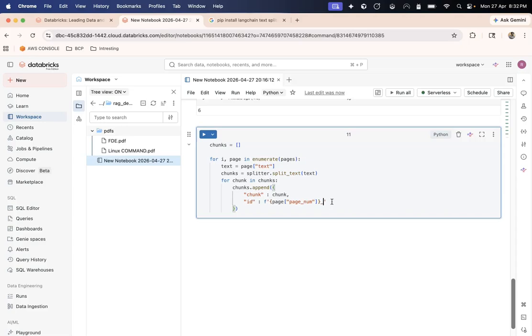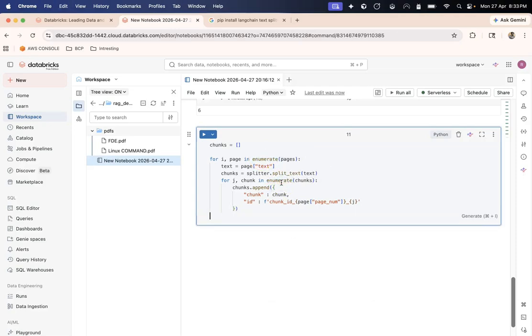I will do an underscore, and then for j, chunk, I will enumerate this as well, and wrap it inside curly braces, and also add chunk ID underscore. Let me correct this. Now if I run this, I should be able to check the length of my chunks.